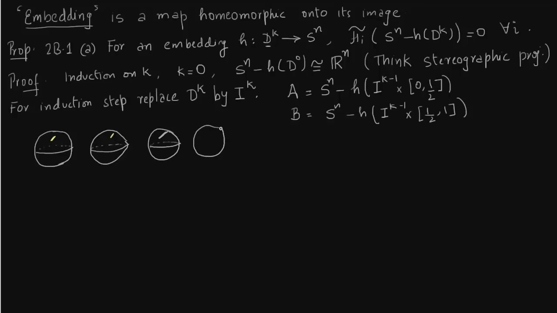And what about the union? The union will have everything except the point where both these intervals intersect. What it does not have in A, it gets from B. What it does not have in B, it gets from A. So you see A union B does not contain only the points which are in neither A nor B. This tells us a good way of thinking about how to construct S^n minus I^k.